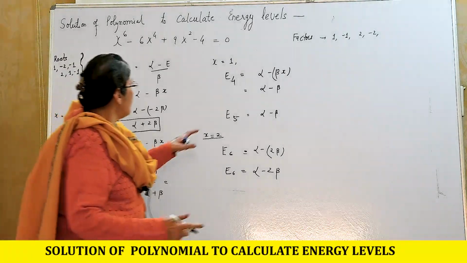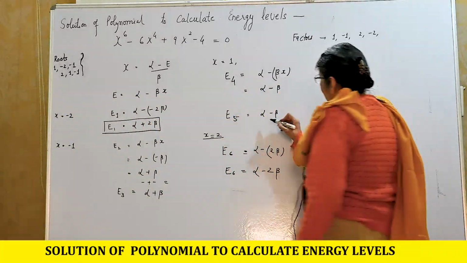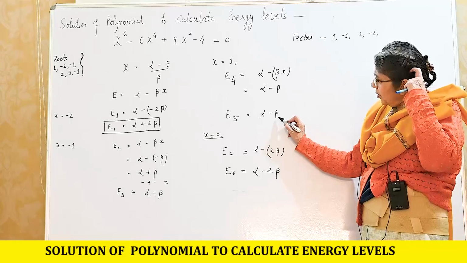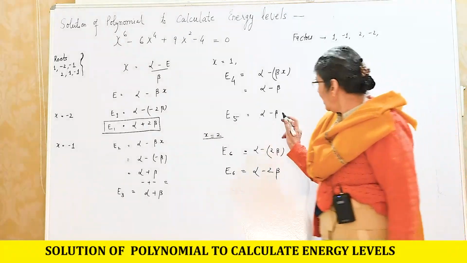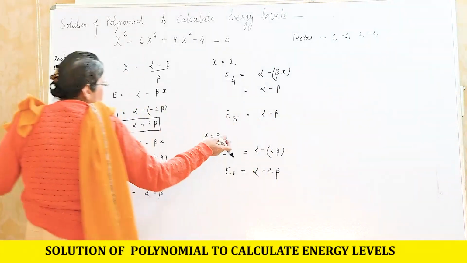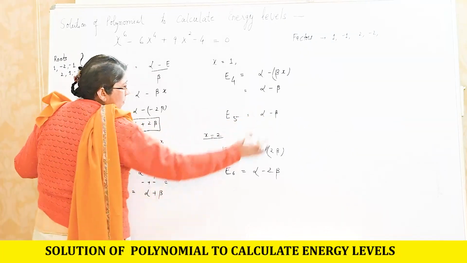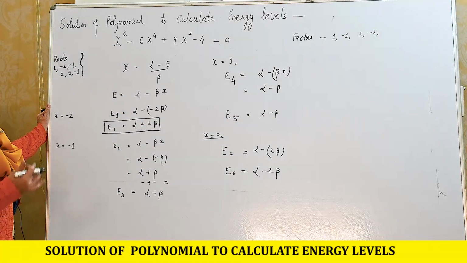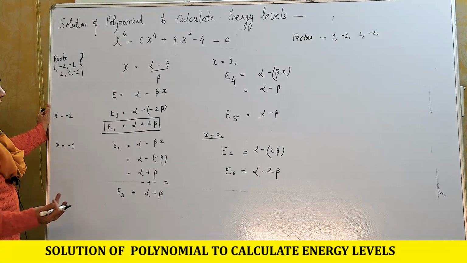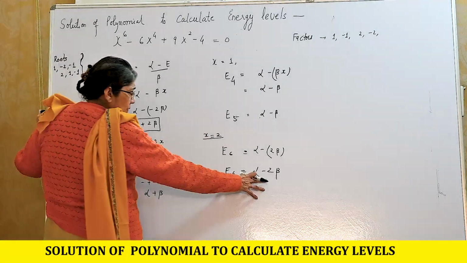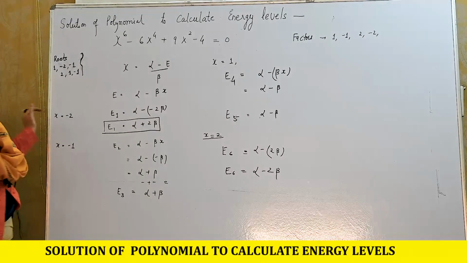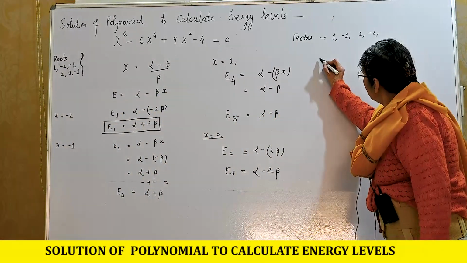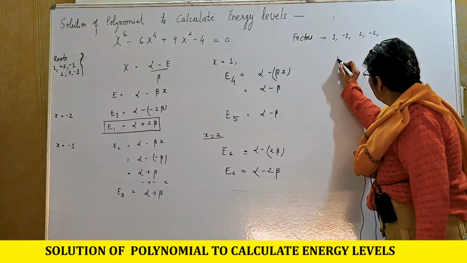Similarly, if we compare alpha minus beta, then minus alpha minus beta, because the experimental value of beta is negative, here it is minus alpha plus positive, so it is with more energy, and this will be further with more energy. So our energy levels will be like this. If we draw the energy level diagram,